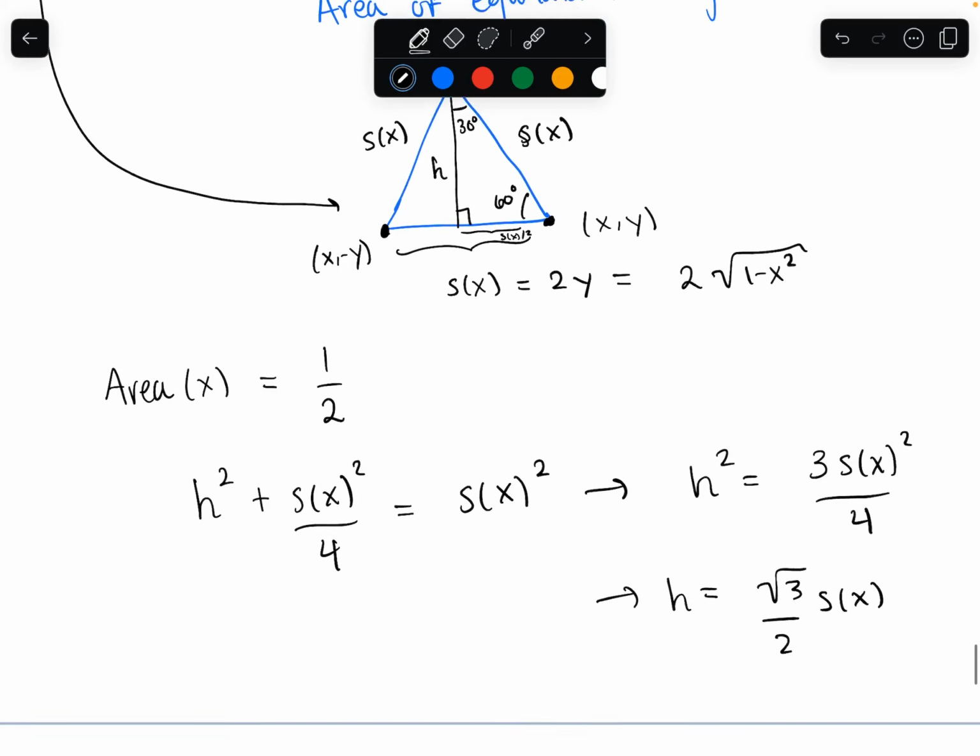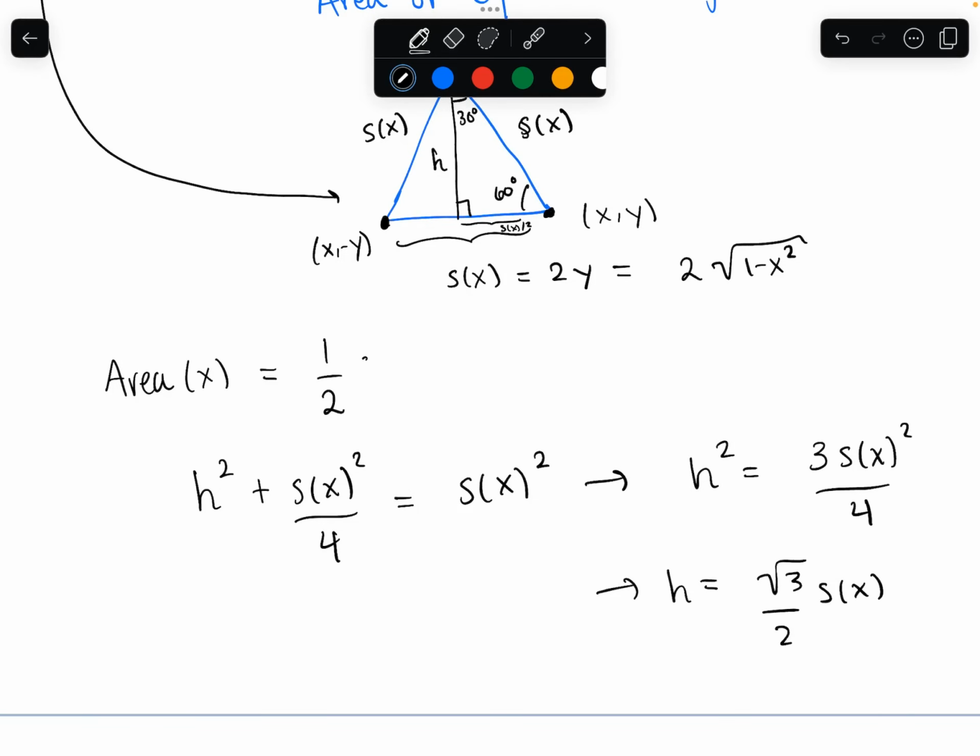Okay, so that's the height. So now the area is 1/2 the base, which is s of x, times the height, which is square root of 3 over 2 times s of x, which is square root of 3 over 4